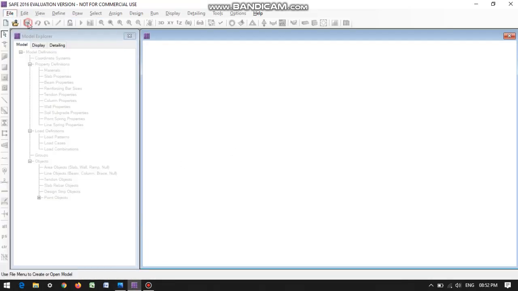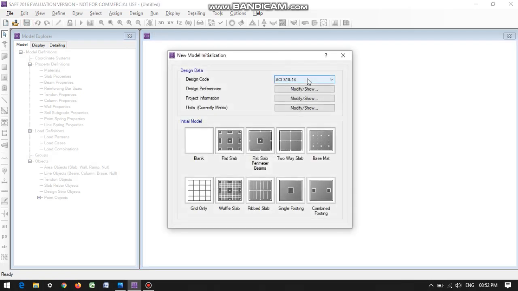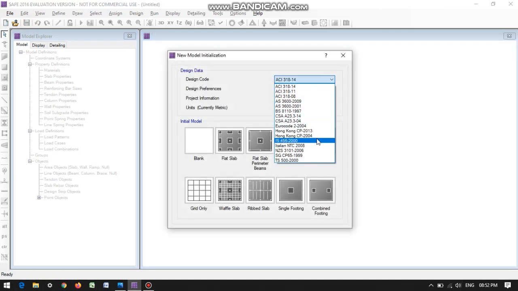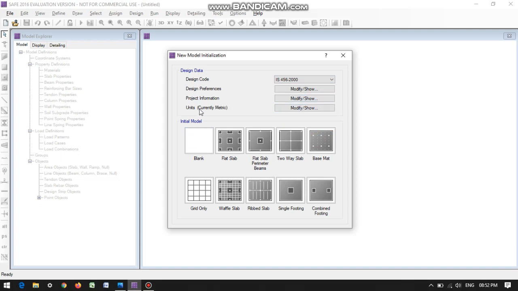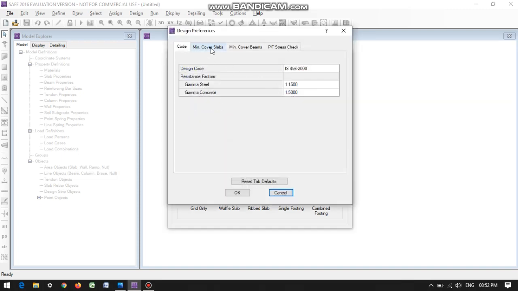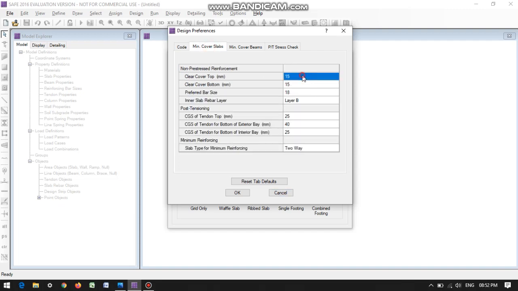Create a new file. We are going to do it in IS code. The units are currently metric, so no problem. Then define preferences. The cover as per IS code is 50, both top and bottom.